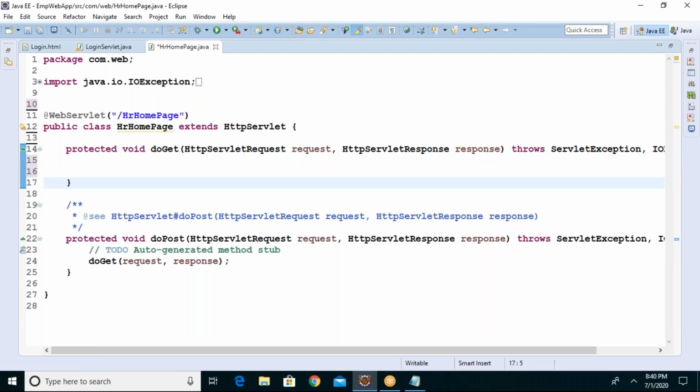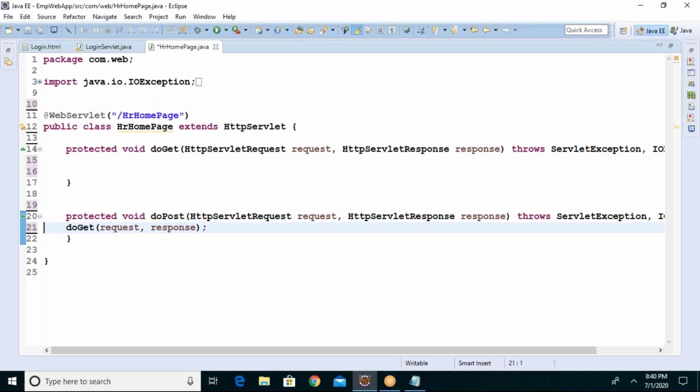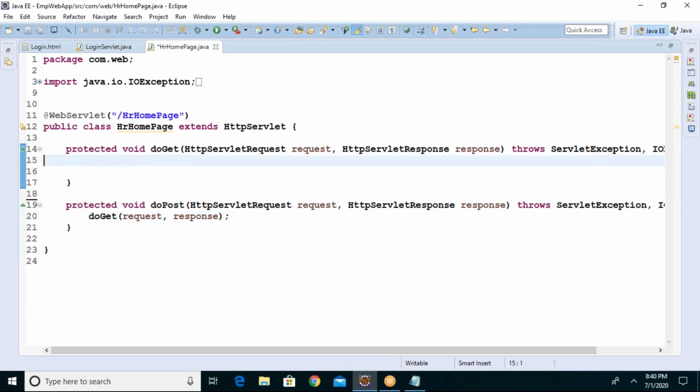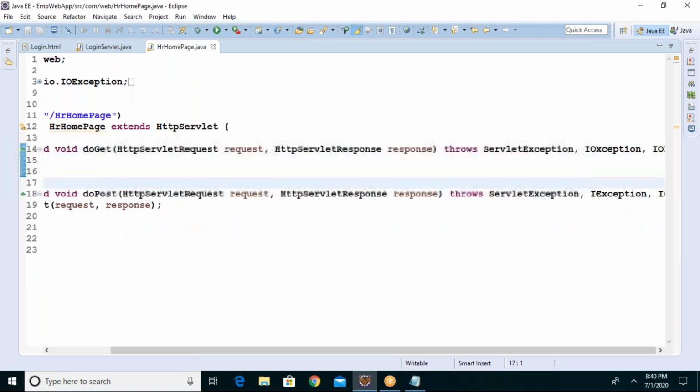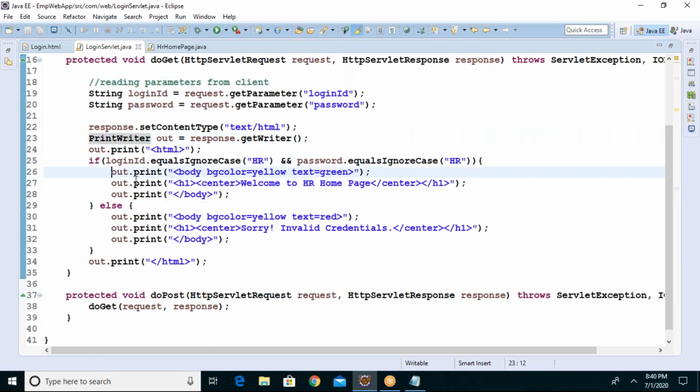Remove all this. Do remember? Listen carefully. This is the HR home page in which I will display some message.